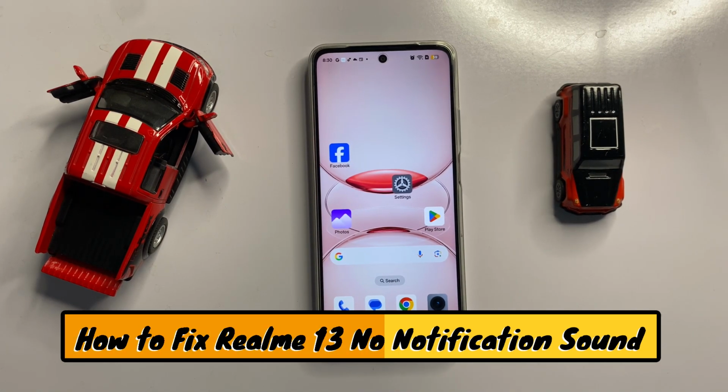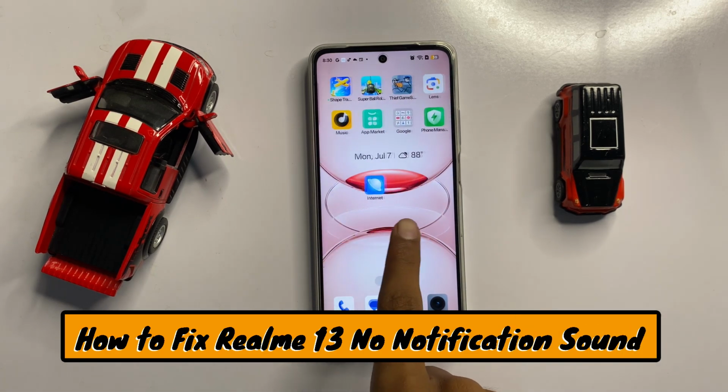How to fix no notification sound in Realme 13. So let's start the video. First of all,